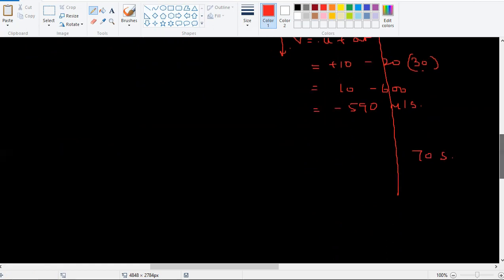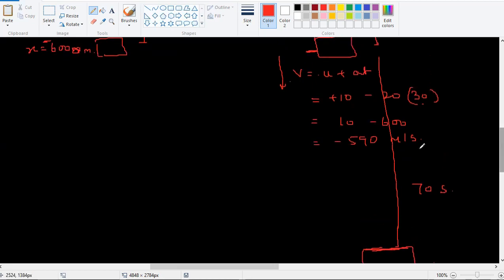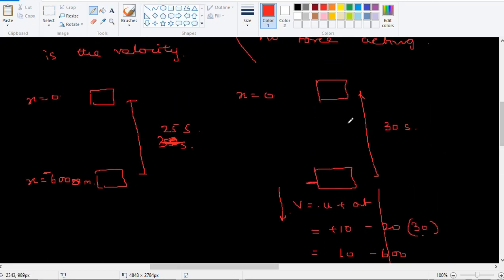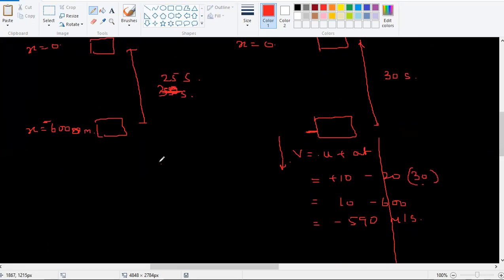So that is where I need to find the location. So I need to find the distance traveled in this 70 seconds. I also need to find the distance traveled, or displacement, in this 30 seconds. So do that again. S is equal to,